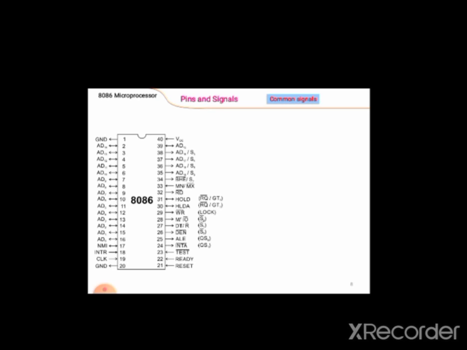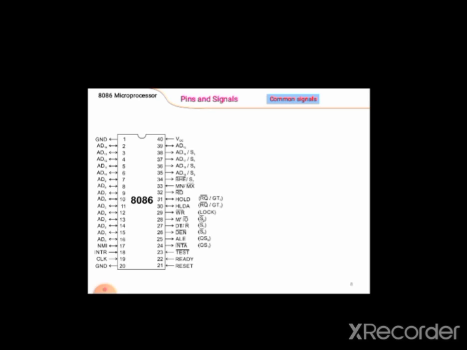Then pin number 25 is ALE, address latch enable. This is an active high signal. This is used to check the availability of a valid address on AD0 to AD15, right?